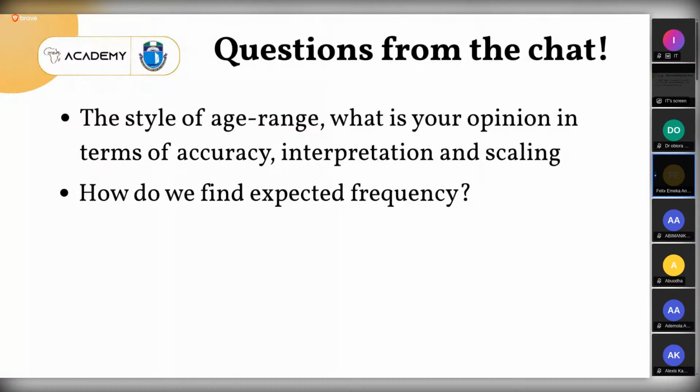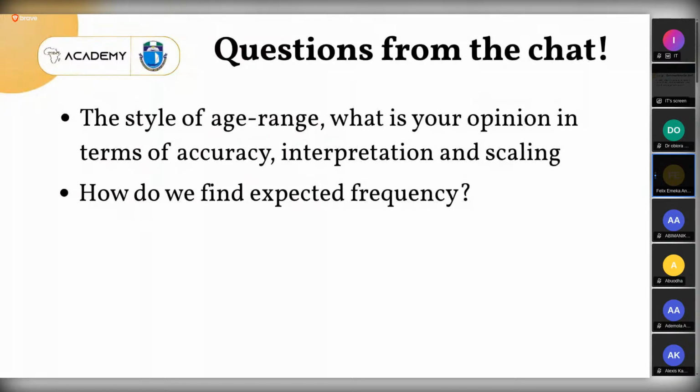But let's say you are doing a study on hypertension. A majority of the people you collect your data from for hypertension studies will be senior citizens, meaning the age range will not be too far apart, so you can do an age range of 5. All right. But if you collect the data, like I said, from 18 to like 70 years, you can't do an age range of 5. It will be too long. You most likely do 10.